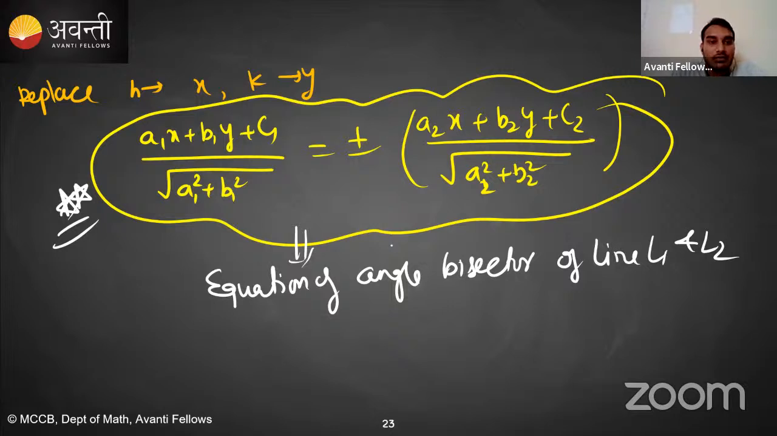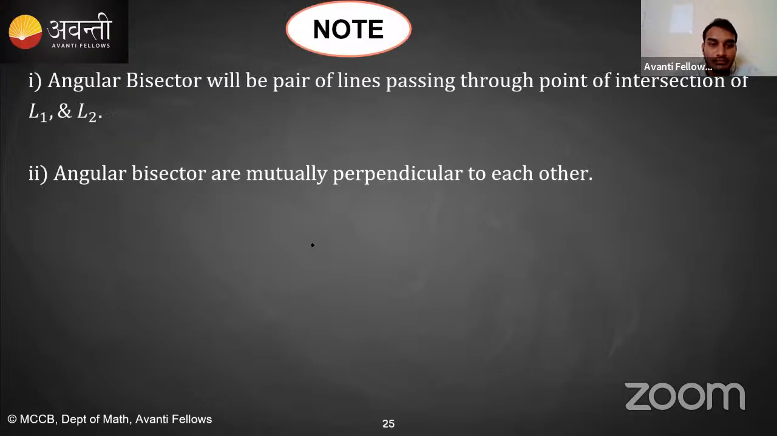So how will you distinguish which sign gives the obtuse angle bisector? There is a clear cut method that you should always be able to remember. What is that method? Before that, there are 2 points that I want to make on the basis of angular bisector. After that, we will see the obtuse angle and acute angle bisector. So the first point is